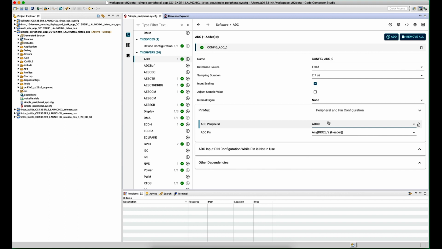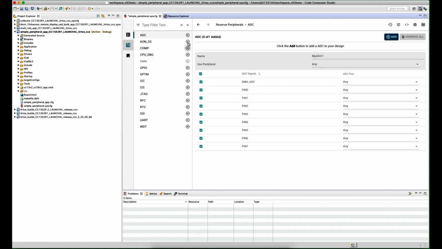So now this particular resource is locked down to that particular software component. Furthermore, we have the ability to go down to this view where you can actually reserve peripherals. So if you wanted to bring your own code that was going to use a particular hardware resource, you can switch to this view and start to lock them down and basically say, hey, SysConfig, don't worry about these resources. I'm going to handle them myself with my own custom code. And you can actually reserve it that way as well.